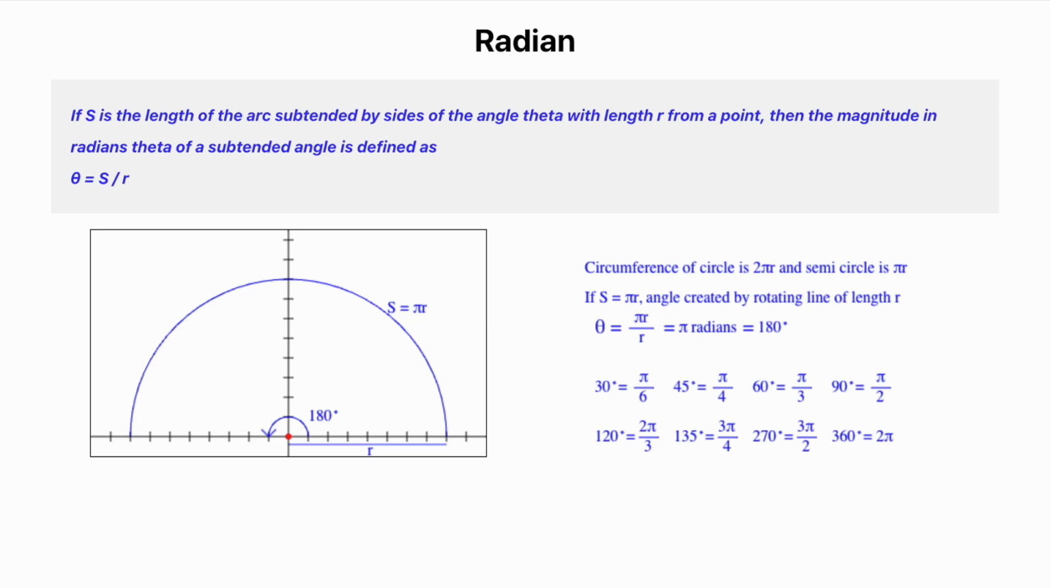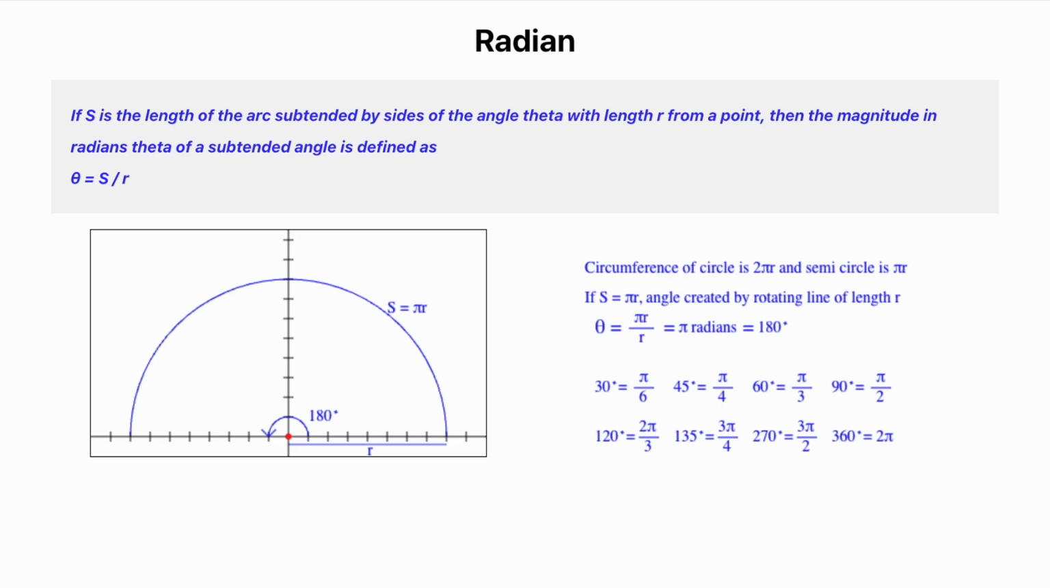Most commonly used ways are degrees and radians, where 1 degree is 1/90th of a right angle. If S is the length of the arc subtended by the sides of the angle theta with length r from a point,